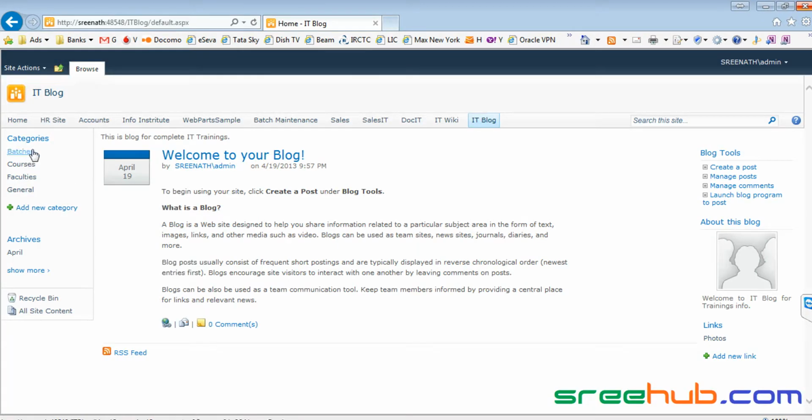Now I hope you have understood why we are creating categories. If you create all your posts under the same category, you can, but the only thing is, tomorrow if you want to check what categories are classified, you can't see that, right? For that you have something called categories. Now below that you have something called archives.